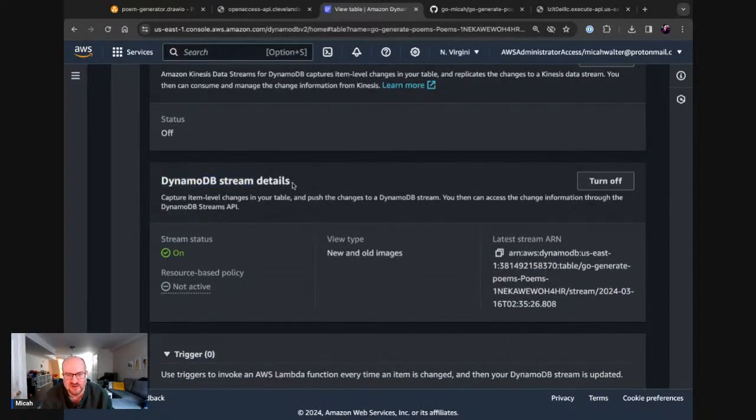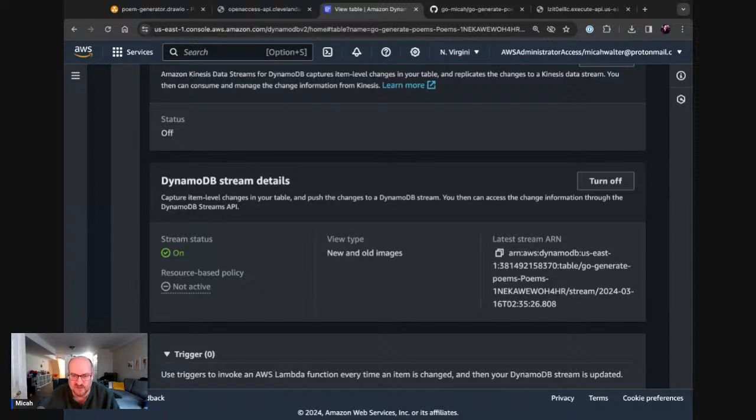What this does is allow you to create events that get fired every time you do something in your database. Whenever there are changes to the data, like a new record or a deletion, you can have DynamoDB fire off an event which you can consume with a Lambda function. So you can have a Lambda function polling your DynamoDB stream to look for changes. This is a great way to create an event-driven architecture around this table.